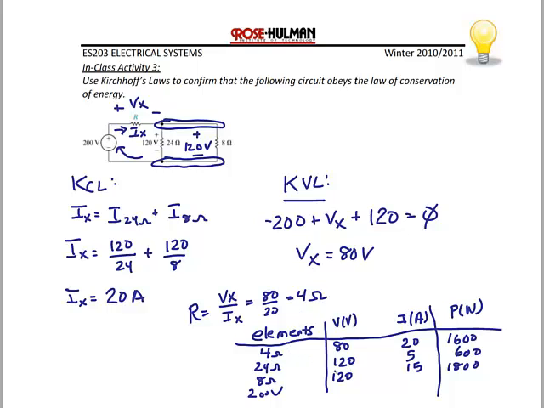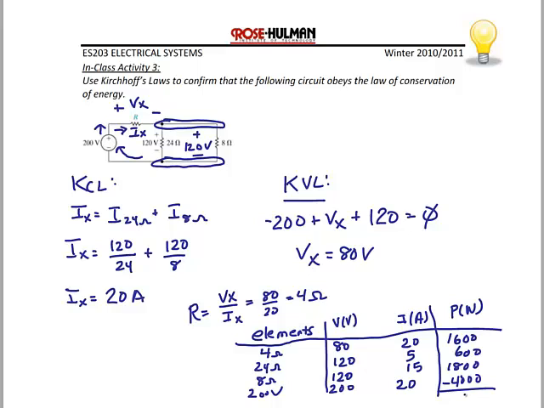absorbed. And the voltage source, the voltage is 200. It's in series. The 4 ohm resistor is in series with the 200 volt source, so they must have the same current, which means it's also 20 amps. Current goes from the negative to the positive, so that's -4,000